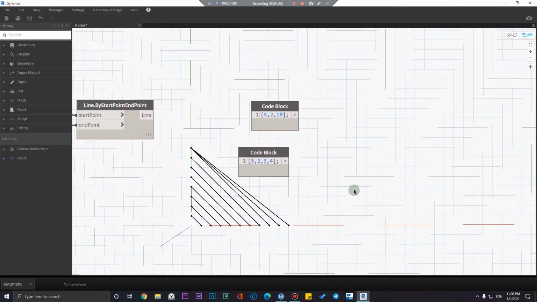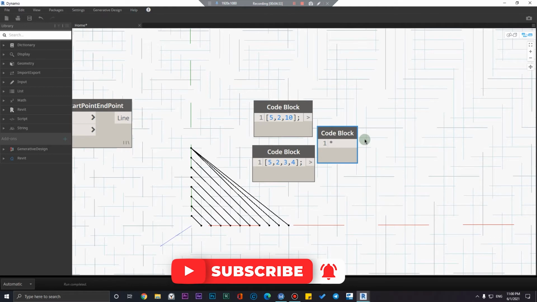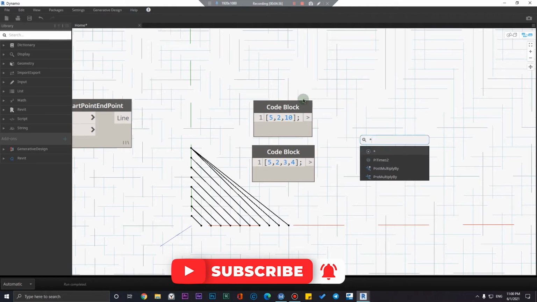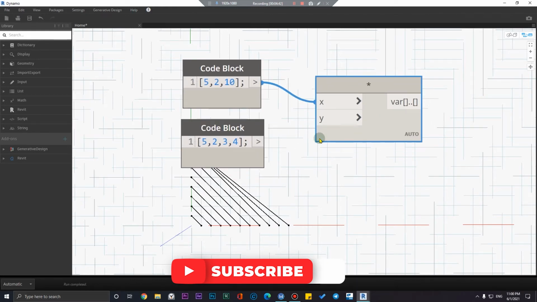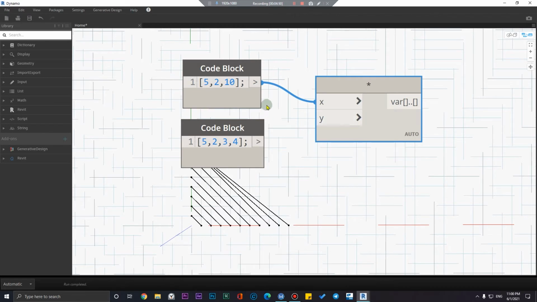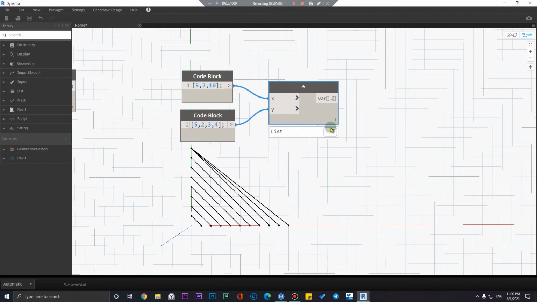Let us multiply these two groups of numbers together. Search for the multiply option here, and let me multiply both of them together. Also, in this kind of situation, the hierarchy of plugged nodes is so important. For example, be careful about here. I'm going to show you the exact thing that I'm explaining now. And let me plug this into Y here. Okay, let me put it on shortest, and let me see the results here.